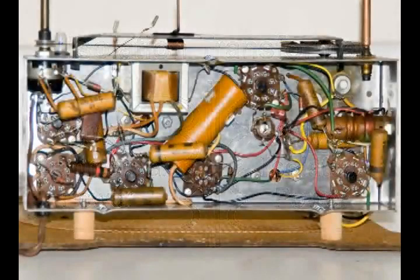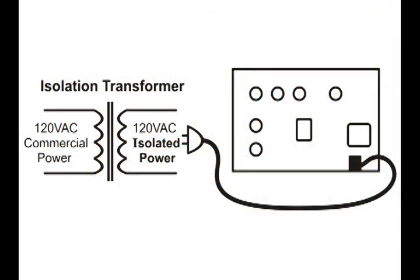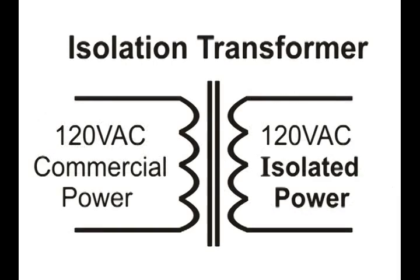When I am working on an open chassis, that radio or record player or turntable, you name it, whatever it is I'm working on is plugged into that isolated power. And like I said earlier, 100% of the time. Now, of course, I can still get a shock, but I will not be connected to that very powerful commercial